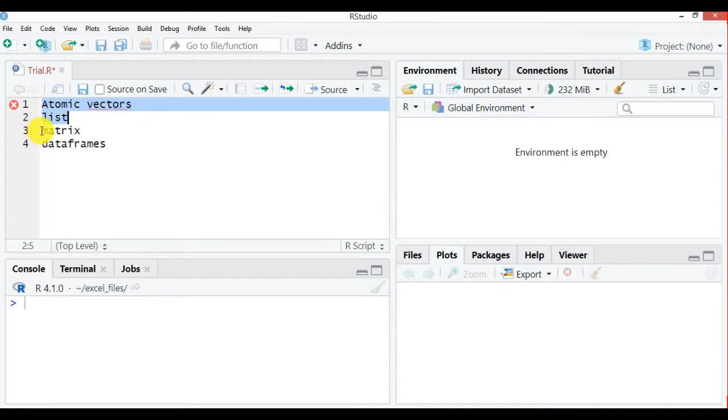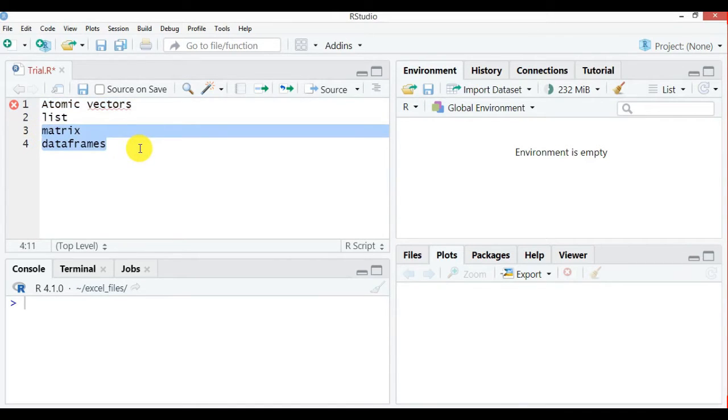In the same way, matrix and data frames are used to store two-dimensional data, where a matrix can have data of the same type, while a data frame can store data of different types.